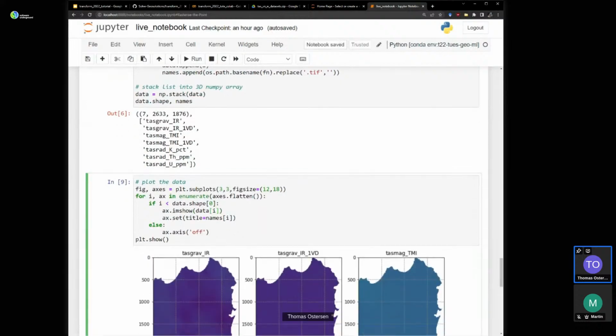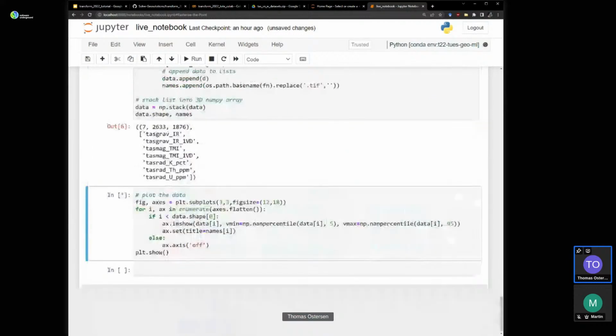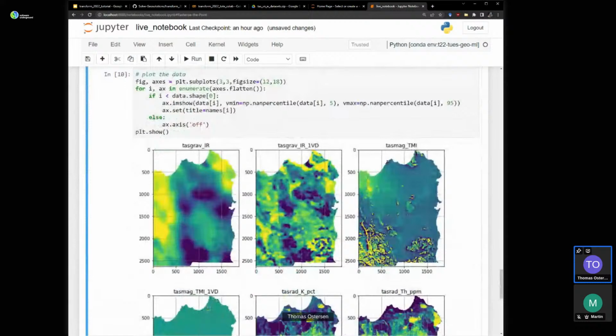And let's stretch the colors to 90% of the data. So vmin equals np nanpercentile data i, 5th percentile, and the vmax equals np nanpercentile data i, 95. That should stretch the colors a bit better.